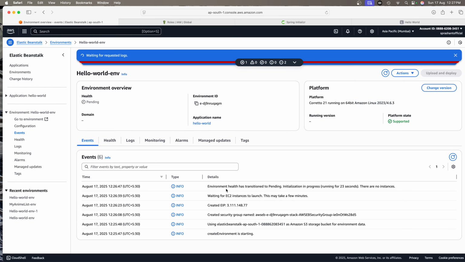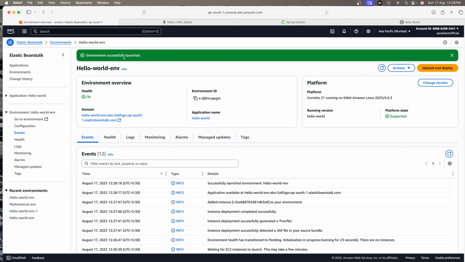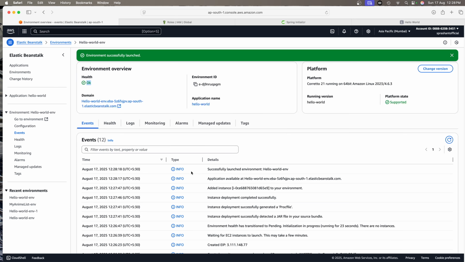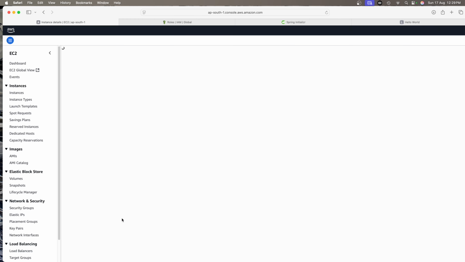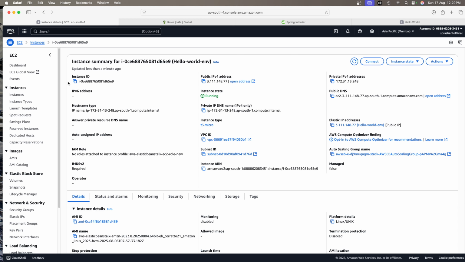Alrighty, so as you can see, environment successfully launched. The health has turned OK, and the last event is the successfully launched event, hello world env. Application available at this URL. So basically this is the domain URL and this is your EC2 instance ID. So if you go to health, you can see that this is our EC2 instance ID and the status is OK, right? So you can click on it as well and then you will be navigated to the EC2